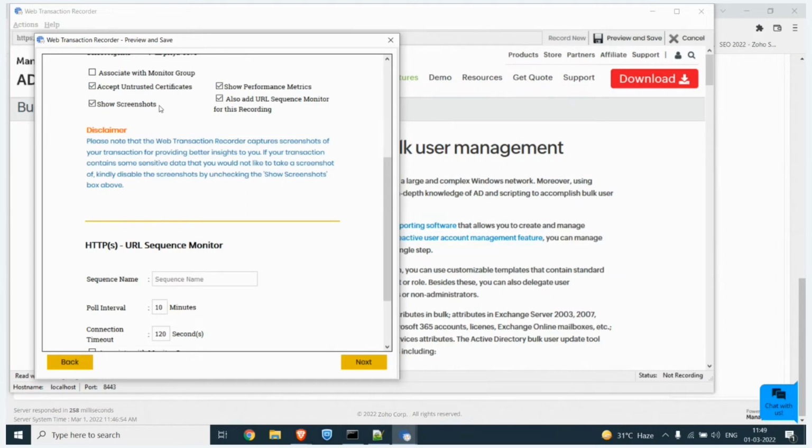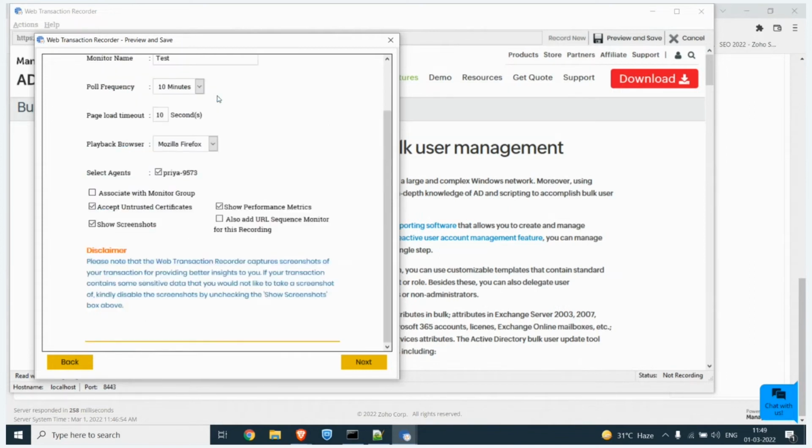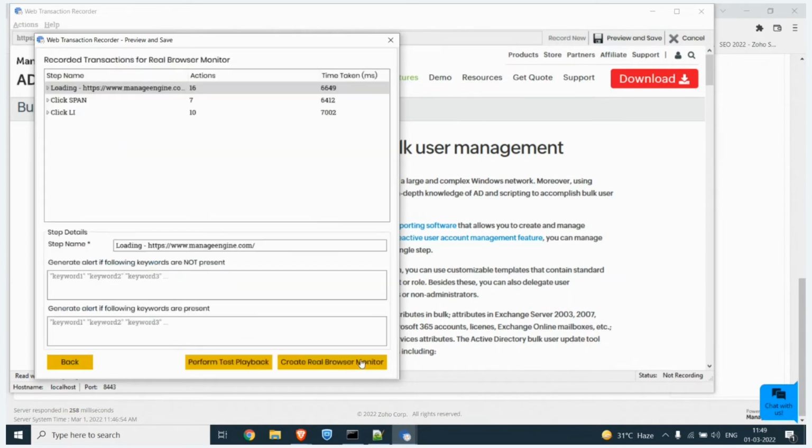You can also check the show screenshots option if you want your RBM to capture screenshots of your transactions to provide better insights, especially during downtime. You can also choose to add a URL sequence monitor for the same transaction, but right now we are adding a real browser monitor. So let me just click on next.